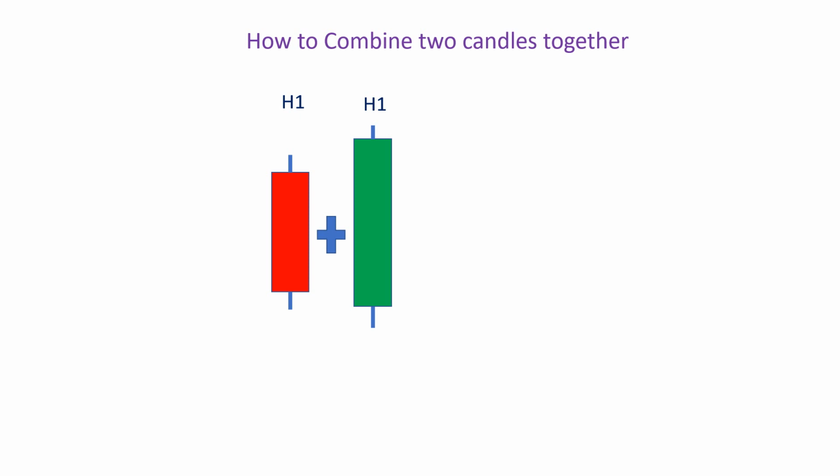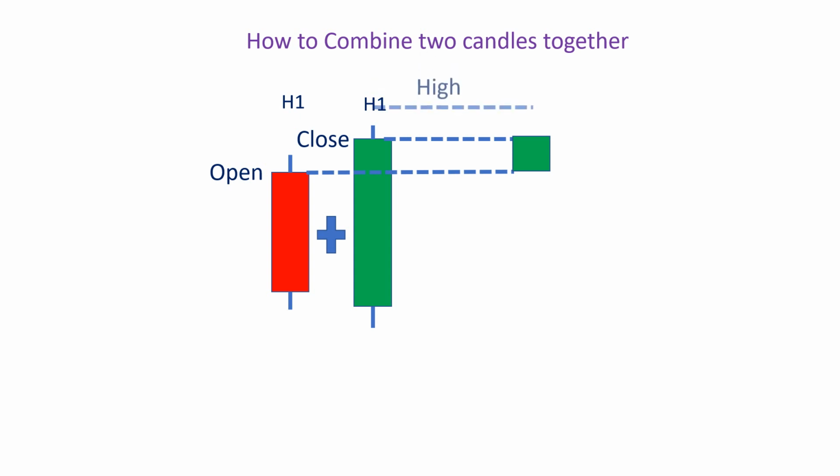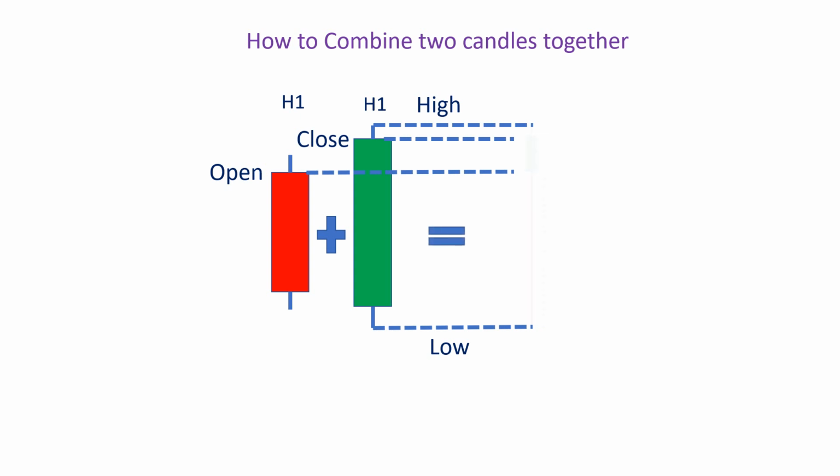Now, the rule to blend these two candles is like this. We take the open of the first candle, we take the close of the second candle, then we take the portion between open and close, which is that green square, and then we take the high and the low of the pattern,